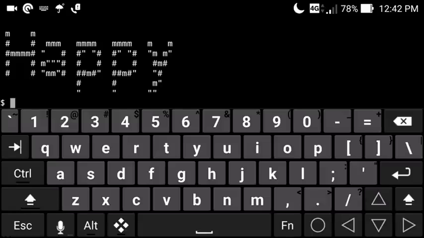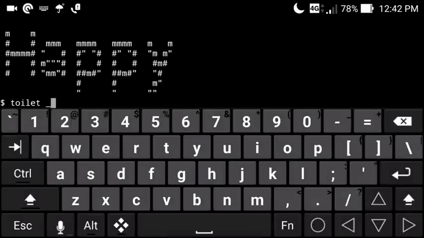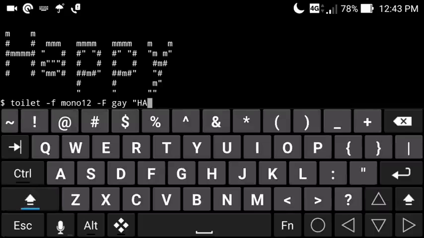So for that purpose, you simply need to type here toilet -f mono12 -F gay and this symbol, and after that just the particular text that you want to show in the color format.